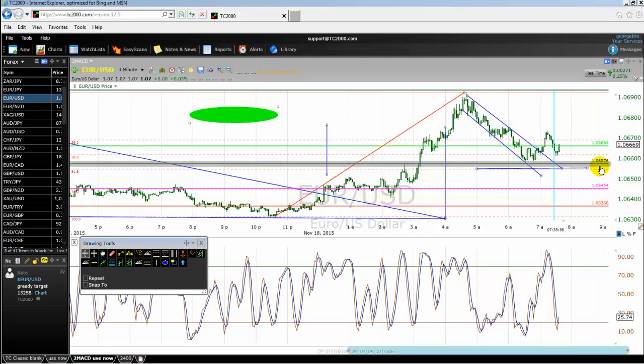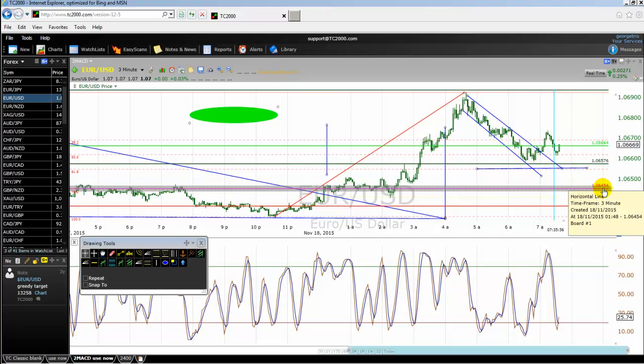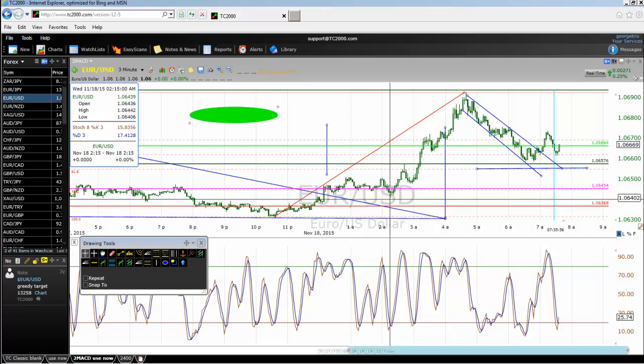I enter the trade at 106.66, stop loss at 106.45. 21 pips is a reasonable stop loss. The reason why I place it here is that you can see this support, where price changed direction. I'm hiding it just below that support level. Normally I should bring it down a little bit at least below